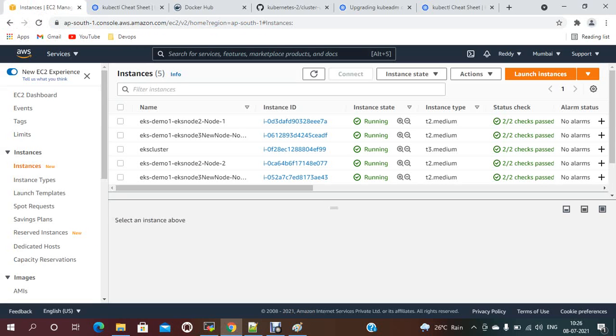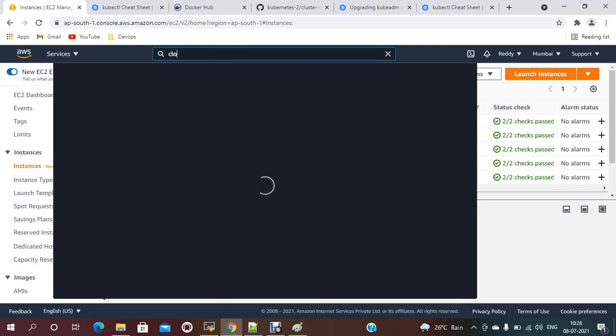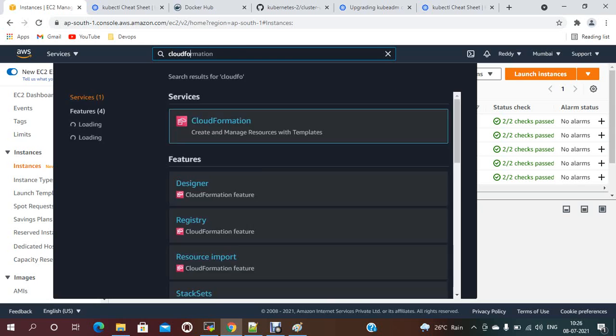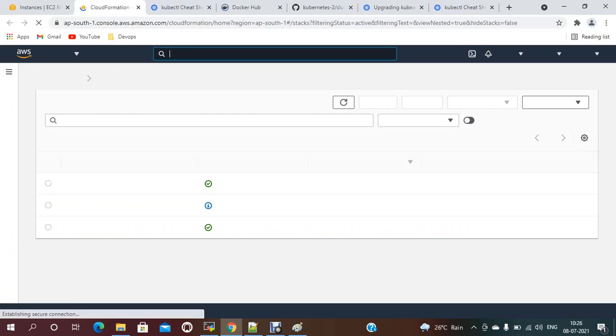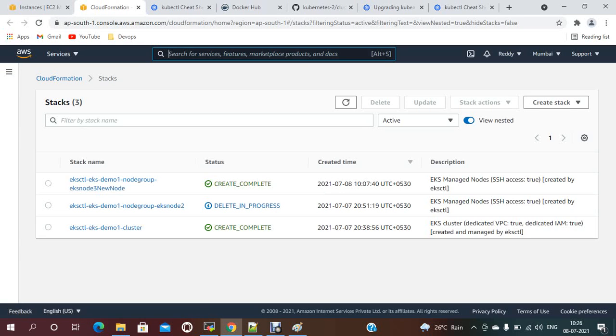If you go and check CloudFormation, delete is in progress. This is the cluster, this is the node group, and it will take some time to delete.